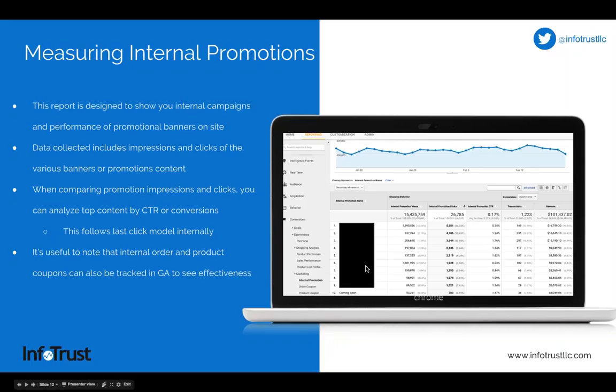So I'm showing the example here in Google Analytics, and the only one that I could show that doesn't really reveal any detail about this particular client is row number 10, where it says coming soon. So this particular client has a coming soon banner showing some new products or in the future release, in the next month or two, some new products, trying to entice users to click and investigate and learn more and go to the landing page and potentially order ahead. So you can see here the different impressions or views, number of clicks, click-through rate, etc. for that particular type of banner.